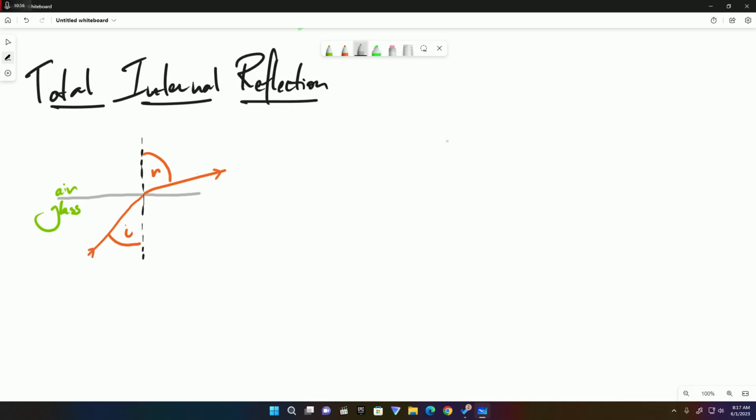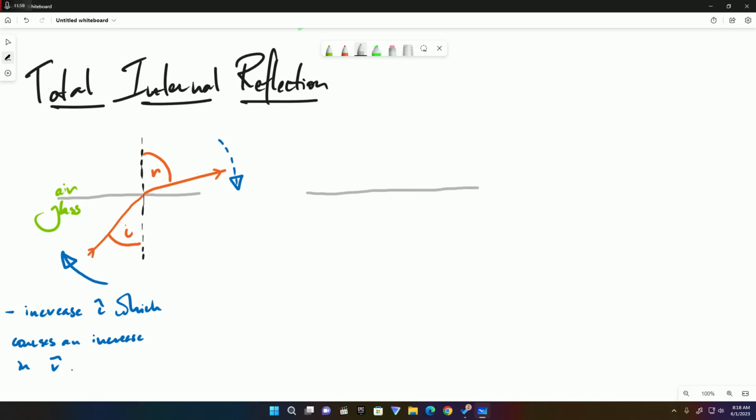Now, if we start to increase this angle of incidence, we will also observe an increase in the angle of refraction. Right? It's not necessarily going to be a one-to-one increase. Right? So increase i hat, yes, you increase the angle of incidence, which causes an increase in r hat. Now, from this stage and phase, you end up at a point, if you keep increasing the angle of incidence,